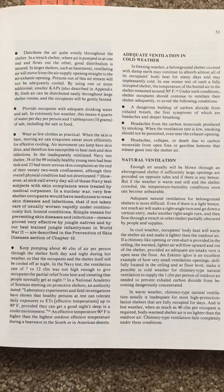Adequate ventilation in cold weather. In freezing weather, a below-ground shelter covered with damp earth may continue to absorb almost all of its occupants' body heat for many days and stay unpleasantly cold. In one winter test of such a fully occupied shelter, the temperature of the humid air in the shelter remained about 50 degrees Fahrenheit. Under such conditions, shelter occupants should continue to ventilate their shelter adequately to avoid the following conditions: